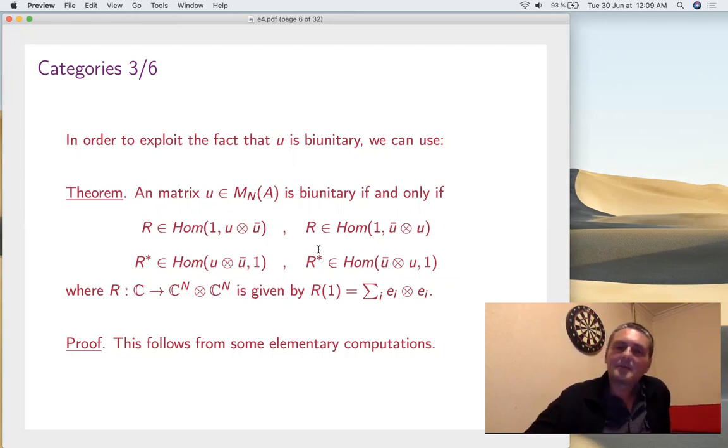And now the thing is that the matrix is biunitary. What does it mean? So U unitary is 2 conditions, right? U U star is 1, U star U is 1. So when you have 2 equalities, biunitary means that the transpose must be unitary too, so 2 more. So it's a collection of 4 equalities. Well, these 4 equalities are exactly equivalent to these 4 conditions here.